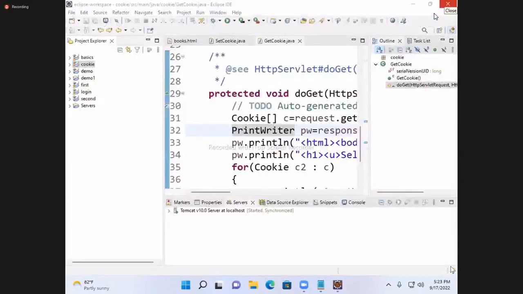If you want to set the value for 2 days, 3 days, one method is there. See the method yesterday? The time interval we can set. Which method? setMaxAge. With that we can set it. This program node